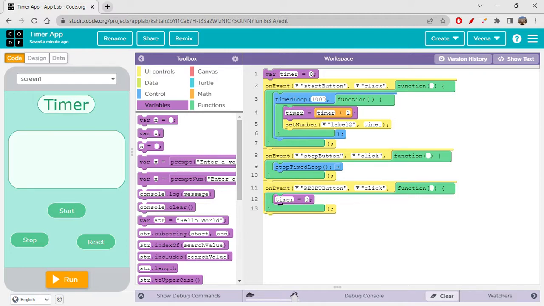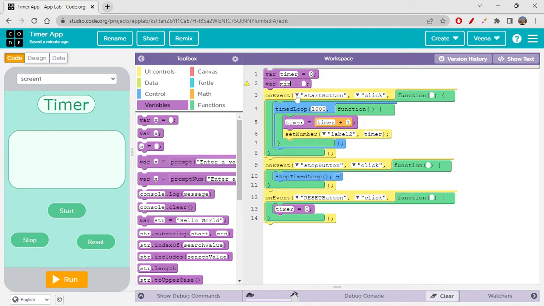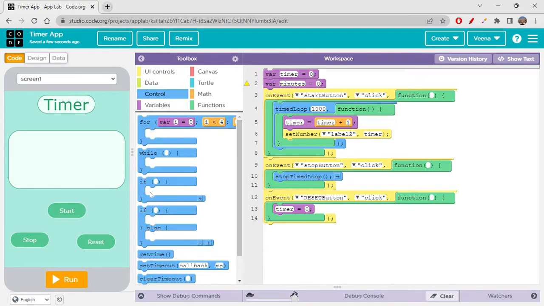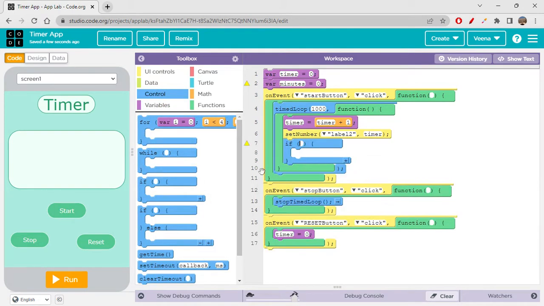So let's see how to do that. Let's suppose I'm just taking this. I will create minutes. Minutes equals 0. Okay. Let's go to control and get the if conditional statement, right? So if,